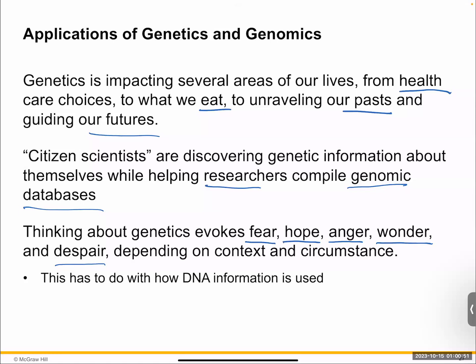And it is very important to understand that you need to learn and comprehend the science before you make decisions, before you fear something, before you get angry with something, right? So the goal of this class is for you guys to understand what genetics is so you can make informed decisions, so you can inform your parents, your kids and your partner about what genetics is and use that knowledge to make a better community.